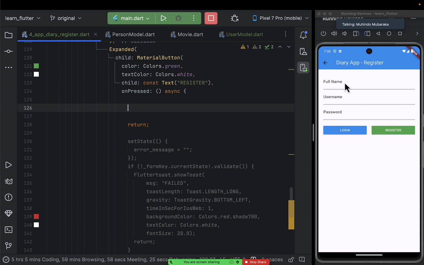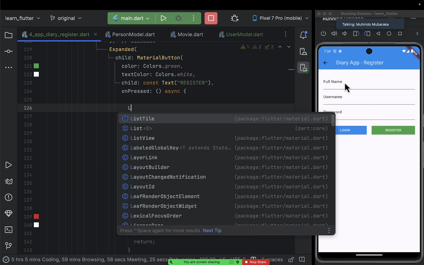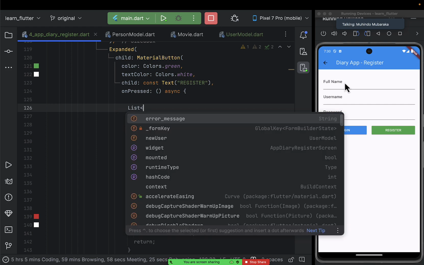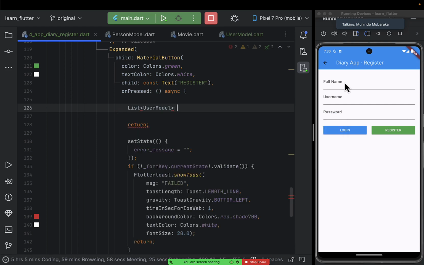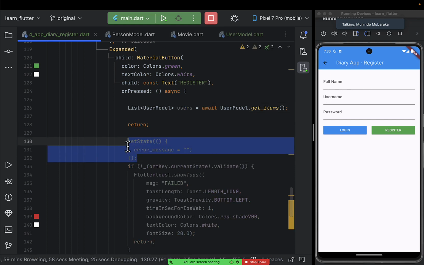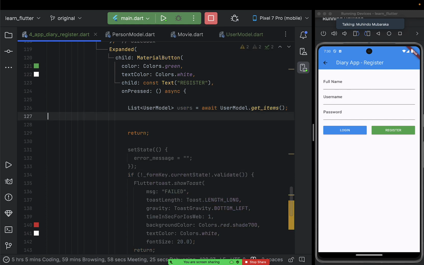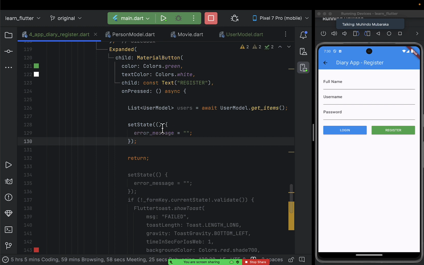So it's going to expect a list, so you write a list of user model. I can say maybe users equals to, and then you say await users dot get items. Remember, this is the function that we just created. Whatever comes, maybe I should just display it in the error message, for the sake of visualization. Right, so I can just simply say found